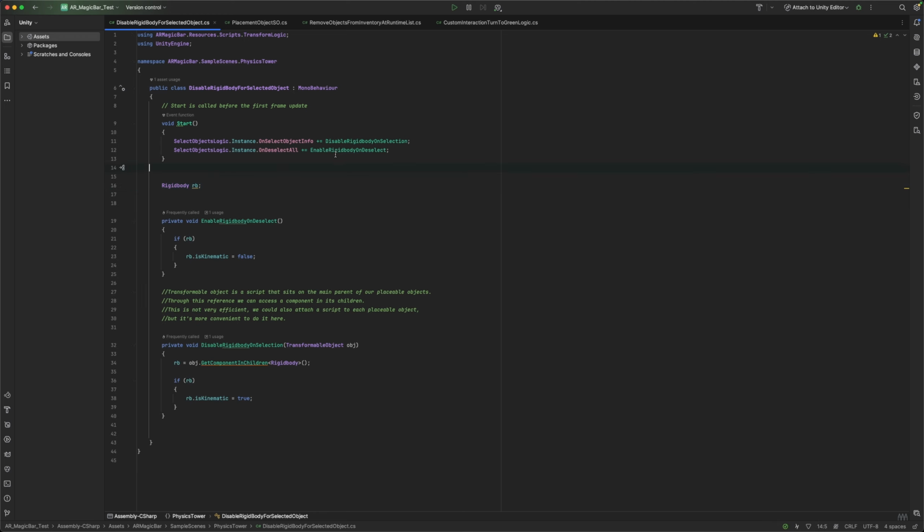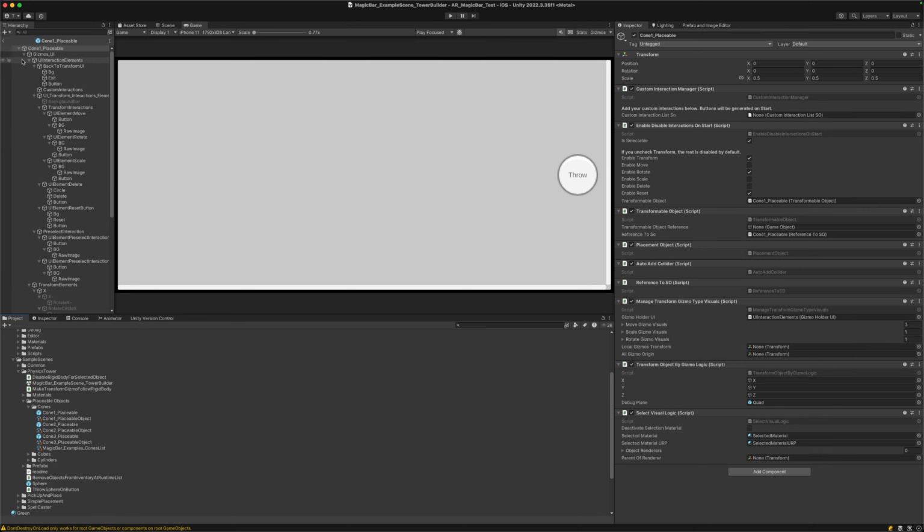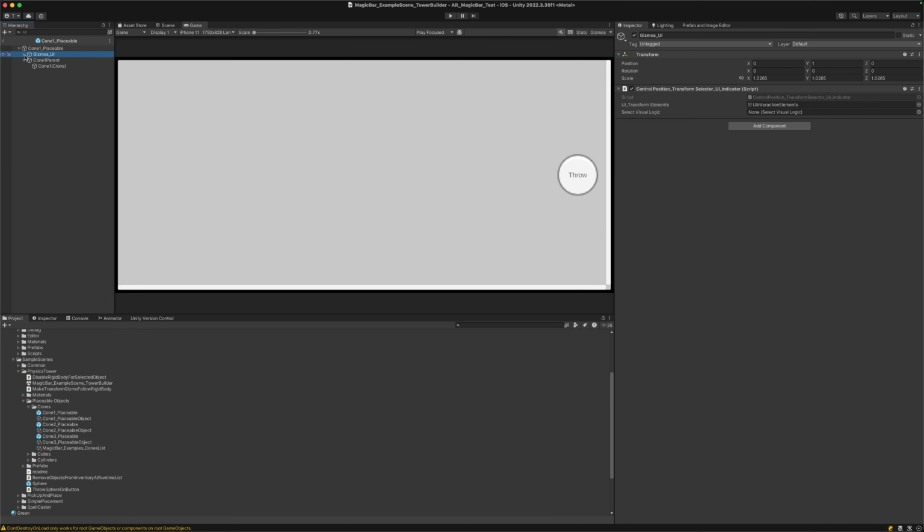And then on deselect all, so if we deselect, if we click somewhere else, then we are going to set the kinematic to false, and this deselect all is called anytime when we select either another object or just click somewhere on the screen where there's no object at all. And so finally, we have to throw balls on button, but this is not really special to the AR Magic Bar. But what we do have is on the placeable objects, we do have another script, and this one sits